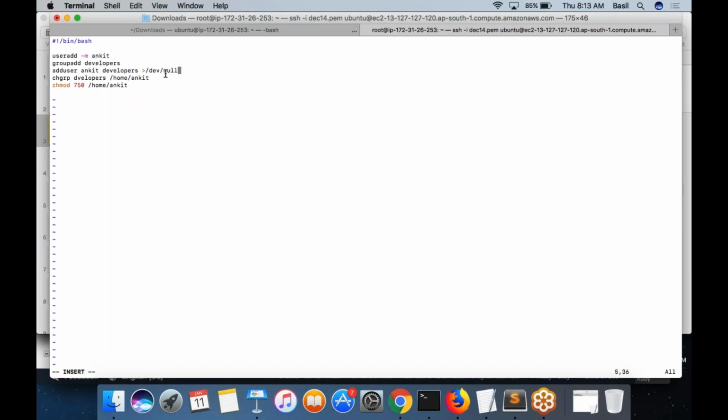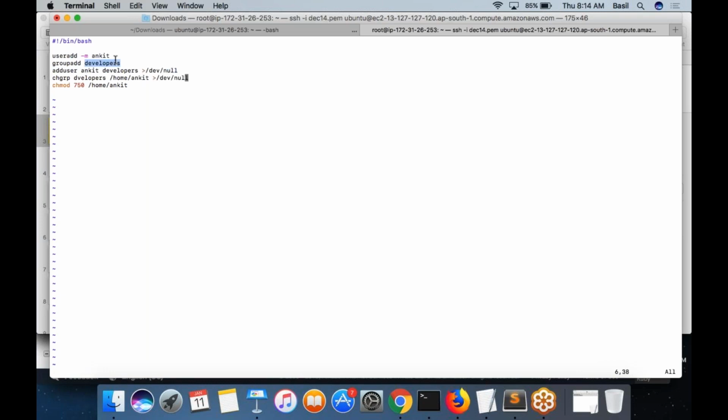Basically, /dev/null is nothing but a device in your Linux machine where whatever you send to it is gone. It's something like a black hole, right? So you do not want the output of this command to be printed into your terminal. You can send that to a null device called /dev/null.